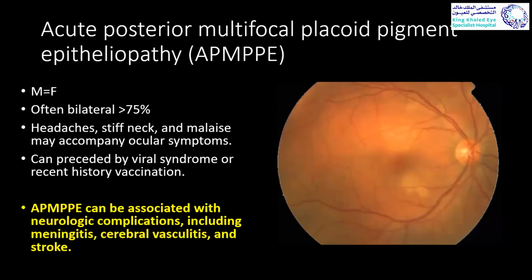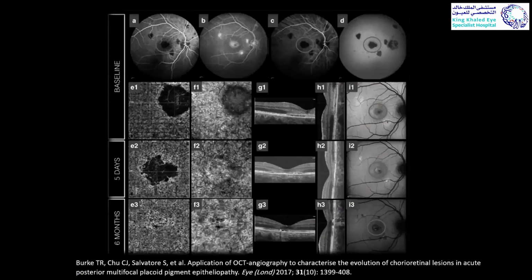So regarding AMBI, I will just touch a few things. Before diagnosing AMBI in our region, we should exclude TB. This is a very important thing. Those patients, if it's pure AMBI, can carry a serious disease because it can be associated with neurological manifestations such as meningitis, cerebral vasculitis, and rarely stroke.